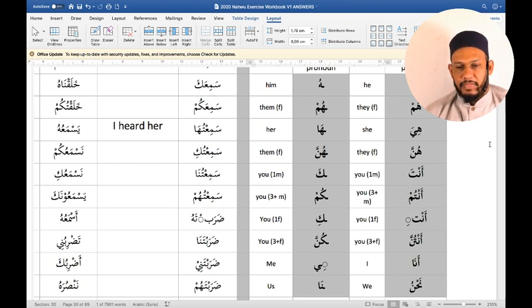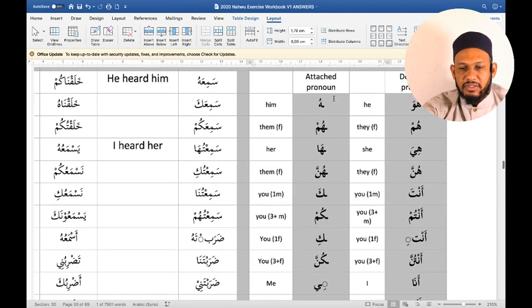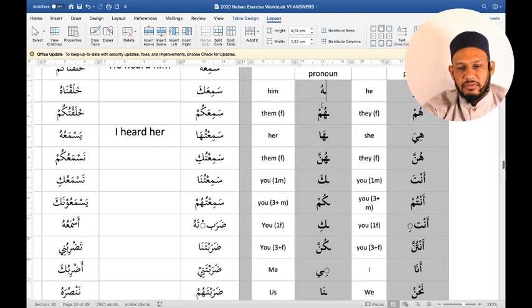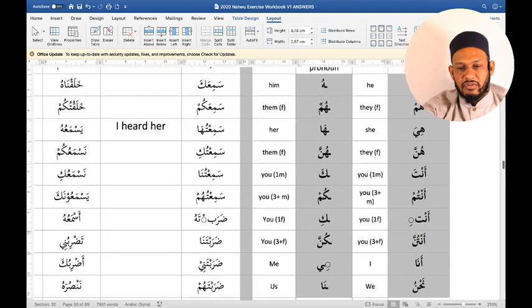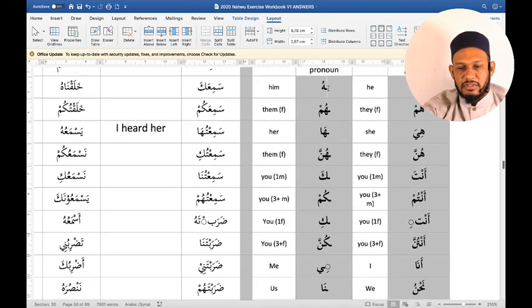You with me? Then in the next grey column, I have the same meaning, but this is called the attached pronoun. In other words, it's the same as the huwa. It's just a different version when it is attached to a verb. So the attached version of huwa is hu. The attached version of hum is the same, hum.